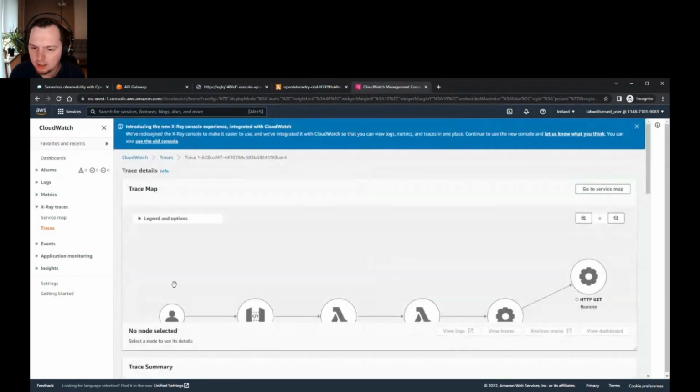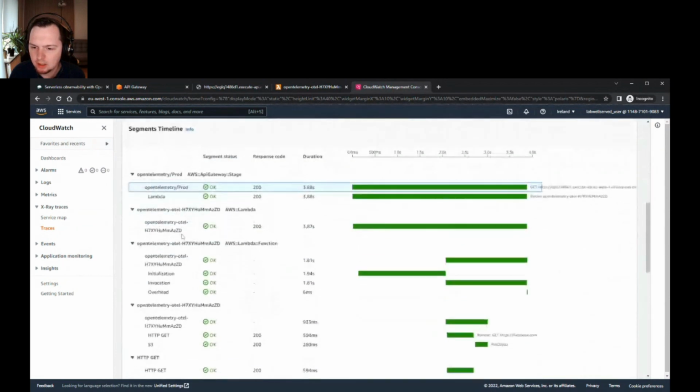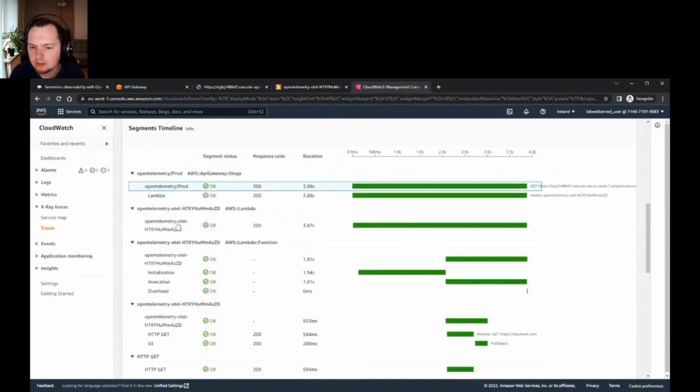And now you will see how long the Lambda function actually took to execute with the API call and so on. So here you can see the trace again.